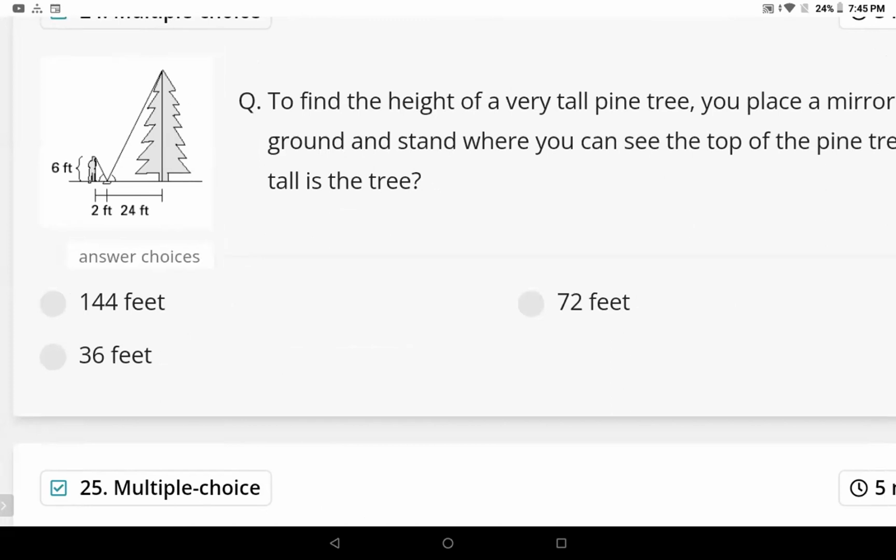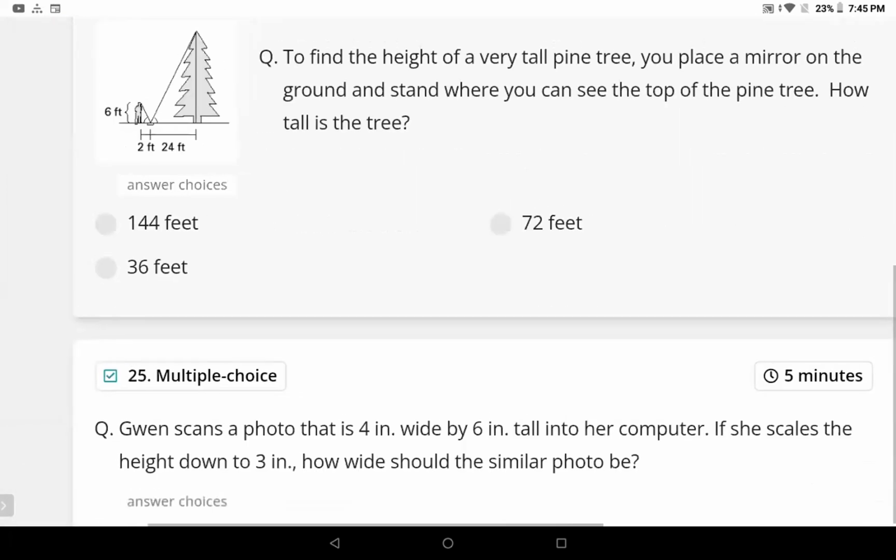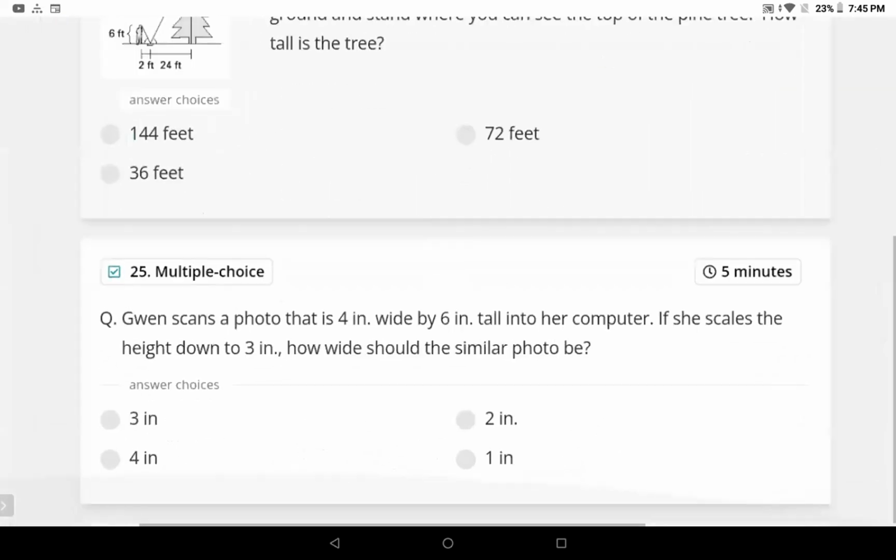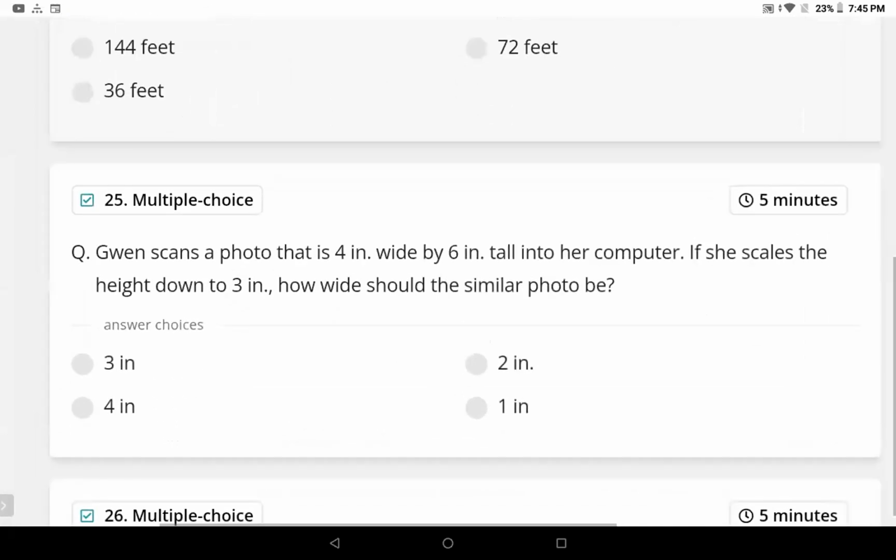Yes, very simple. In general, if you understand what ratio is going on, you just look at the man's image and the man's original height, 6 feet and 2 feet. That means 2 raised 3 times makes 6. In the same way, the pine tree's image is 24 feet, so the original height of the pine tree is 24 multiplied by 3, which gives 72 feet. General thinking, children. The question only looks a little tricky, but if you understand that, you can go with this.